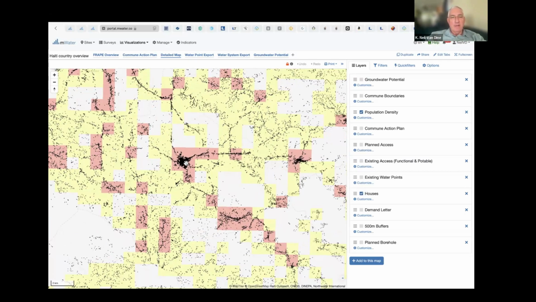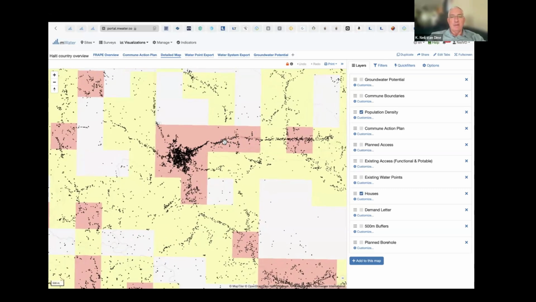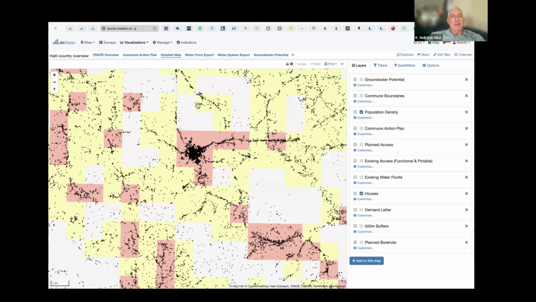It covers this set of houses in here. But we can see that the density of houses is pretty dense along the road here. So as we talk about expanding the network of Pion, that should be expanded along this road because there is a concentration of houses that go there.